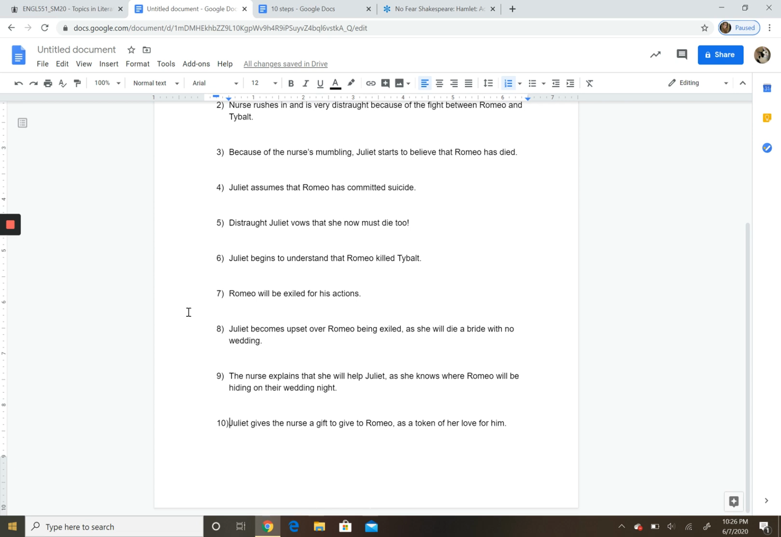Juliet becomes upset over Romeo being exiled, as she will die a bride with no wedding. The nurse explains that she will now help Juliet, as she knows where Romeo will be hiding on their wedding night. Juliet ends this scene by giving the nurse a gift to give to Romeo as a token of her